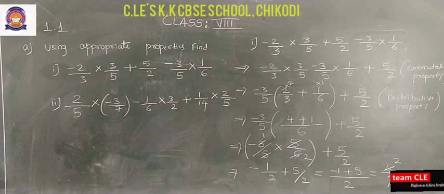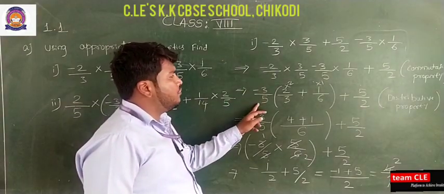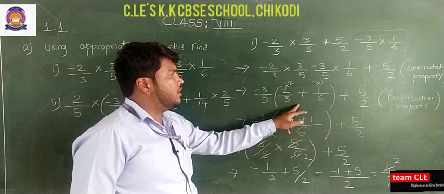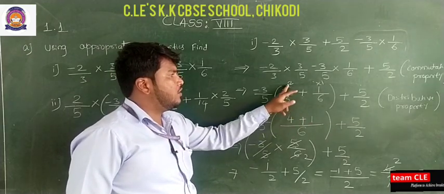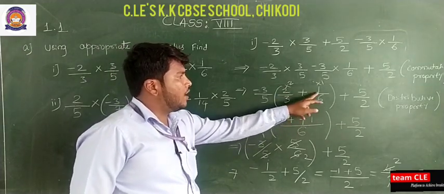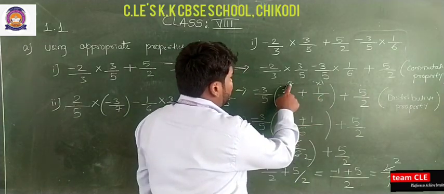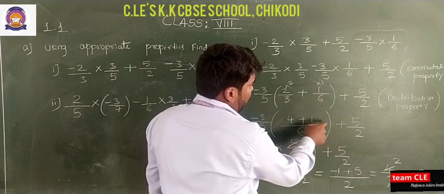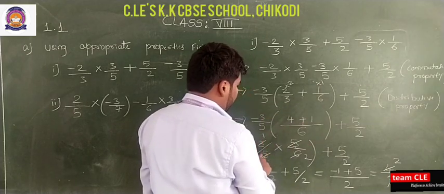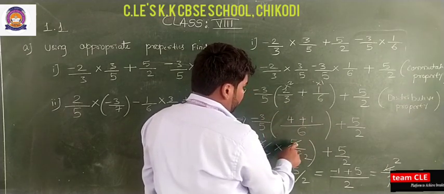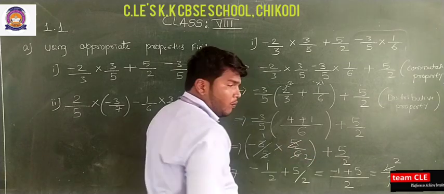So now see, dear students, here minus 3 by 5 is removed as common. So for 3 and 6 you are getting the LCM as 6, that is 3 2s are 6, and again 1 6 is 6. So see here, 6 is the LCM. 2 2s are 4 plus 1 1 is 1. Just write here minus 3 by 5 as it is into, so 4 plus 1 is equal to 5 by 6, plus 5 by 2.